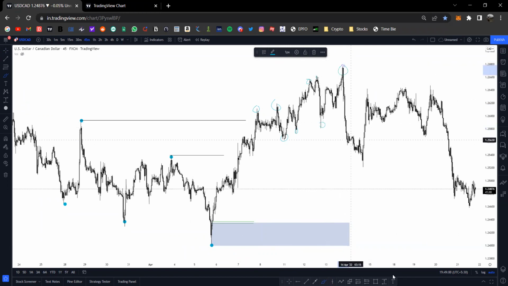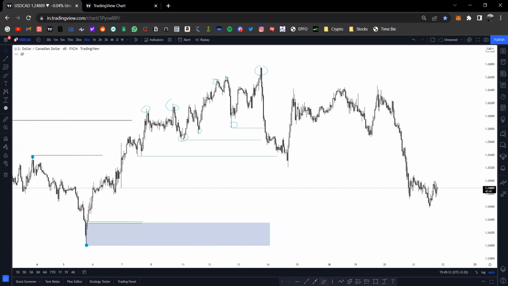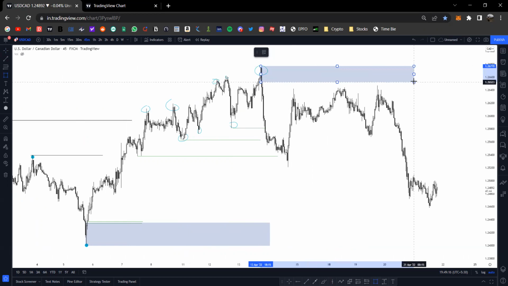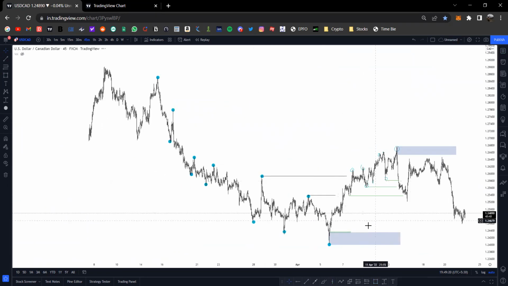And this last higher high has taken out this higher low, this minor structure as well, a double bottom structure. So I will use this point of interest as my sell zone. So I can buy here